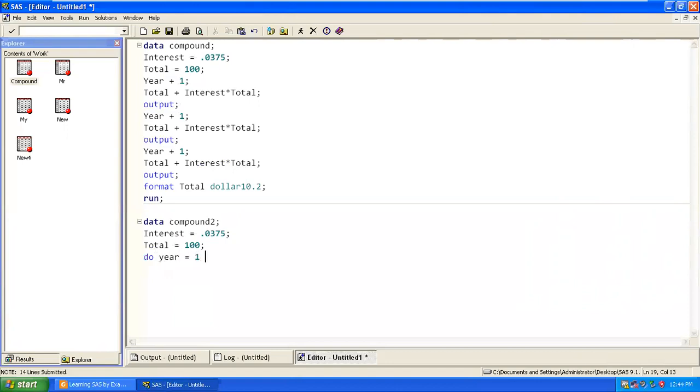The calculation needs to be done for 3 years. And what output is required? This calculation is required. Paste it over there. Then output, because we require output. Then run. Now if I am going to use this, this format is required, I guess. I'll keep the format on top.